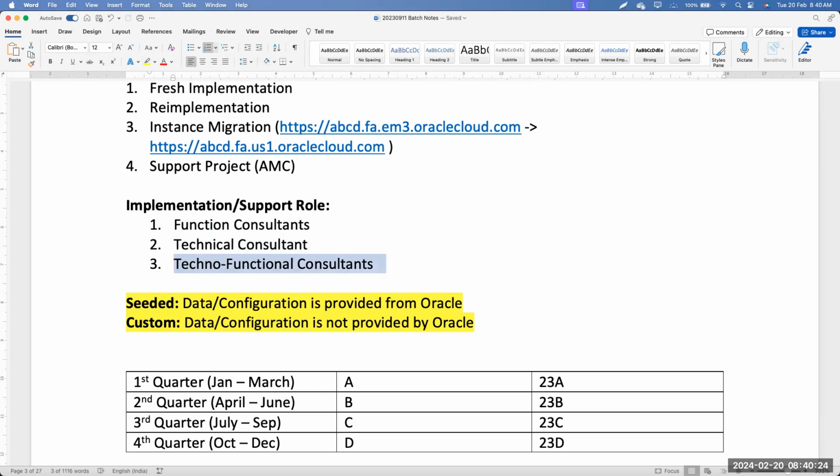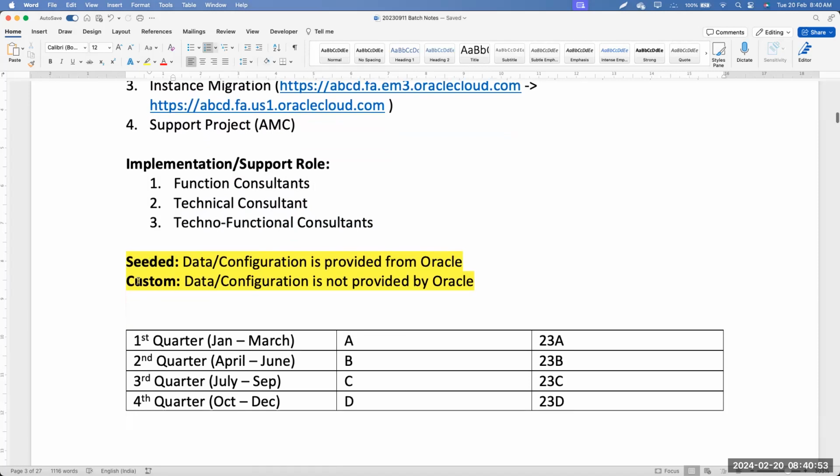I believe since most of you are from a recruiting background, you would have already heard of these terms: functional, technical, techno-functional. From the market demand perspective, techno-functional consultants are always the first preference, because they can do both technical and functional work. And then functional consultants have a little more market presence than technical consultants.